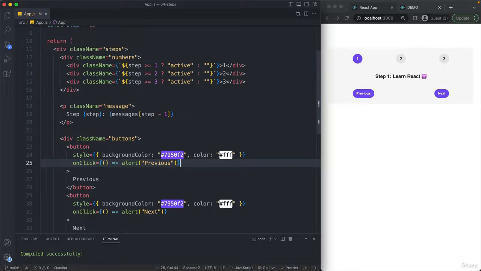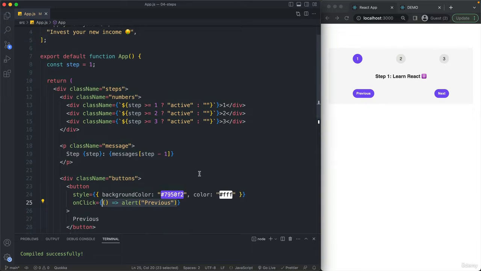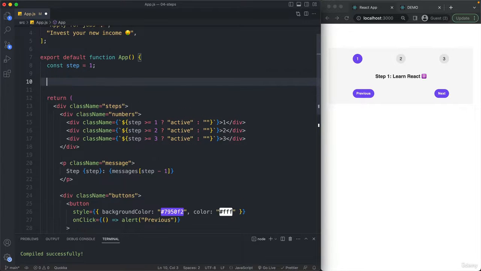Now, usually we do not directly define the event handler function right here in the onClick prop, but instead we create a separate function and then pass that function in here. So let's do that now. And so usually we create those event handler functions right here in the component. So that's something new that we haven't done before, but that's perfectly fine. We can define any functions that we want here right inside the component body. And let's call this one handle